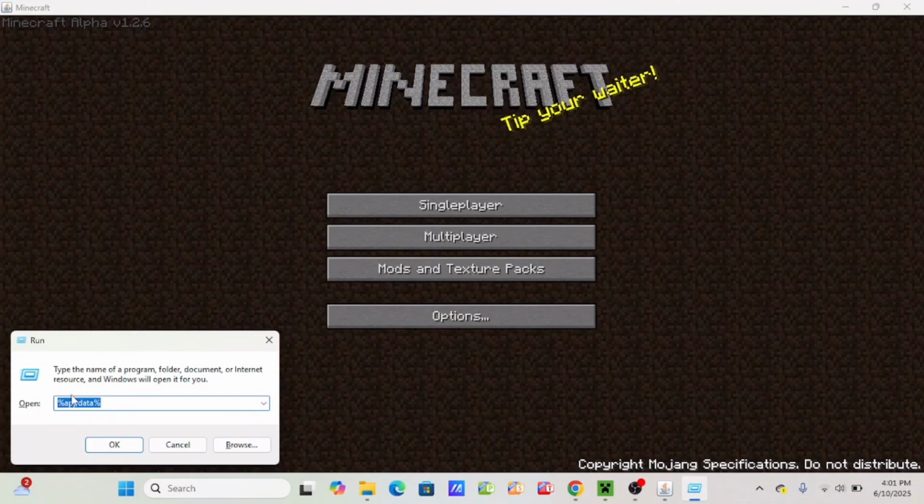Yours should be blank if you've never done this before, but mine says %appdata%. This is what it should say. You're going to want to type %appdata% all in lowercase. This is what it should look like. So we're going to press OK,